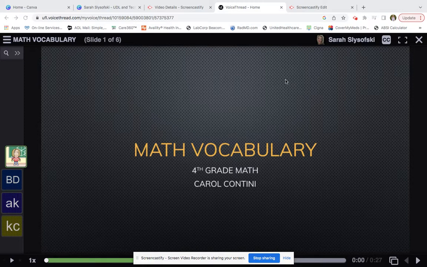So we go on our first page and we can see that it's a math vocabulary, fourth grade with Carol Contini. If I click play, she will read the slide to you, but it's kind of loud, so I'm not going to do that. And then we can also see that we have closed captioning, and we also have the opportunity to zoom in, which makes it really good for students with visual impairments. So if we move on to our next slide,